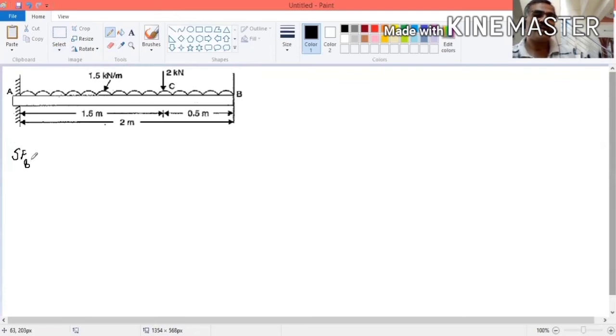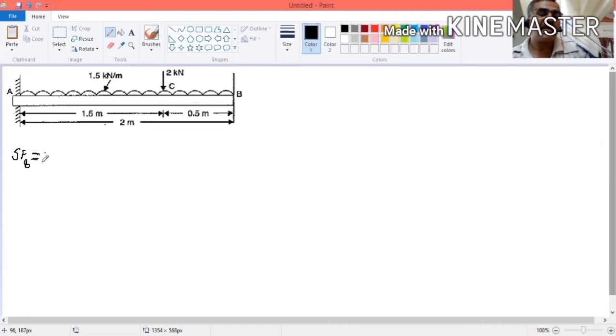Now shear force at which point? Point B. What is the shear force at this point? Is there any load on the right side of point B? No. At point B, any load is there? Well, there is a load, but what load? Uniformly distributed load. In case of a uniformly distributed load, how to find the total load? It will always be given in kilonewton per meter. It is per meter, so to find the load, what do you have to do? You have to multiply with the distance. So this load is there,